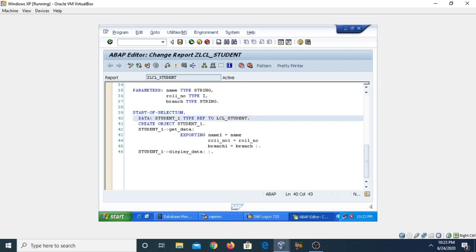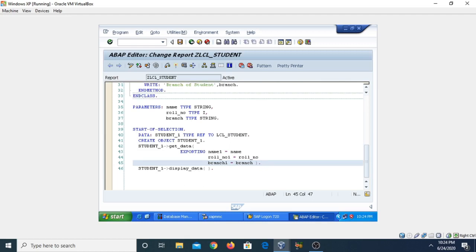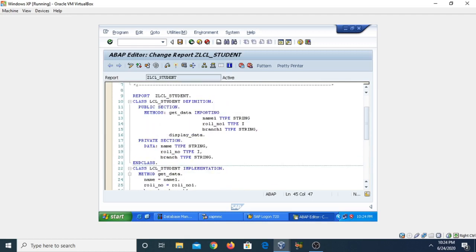Now for calling the particular method of a class we need to create the object, and before creating the object firstly we need to create the reference variable, and we generally create a reference variable with the help of the data statement. Data, then reference variable name student underscore 1, then type ref to the class name. In my case you can see the class name is LCL underscore student.